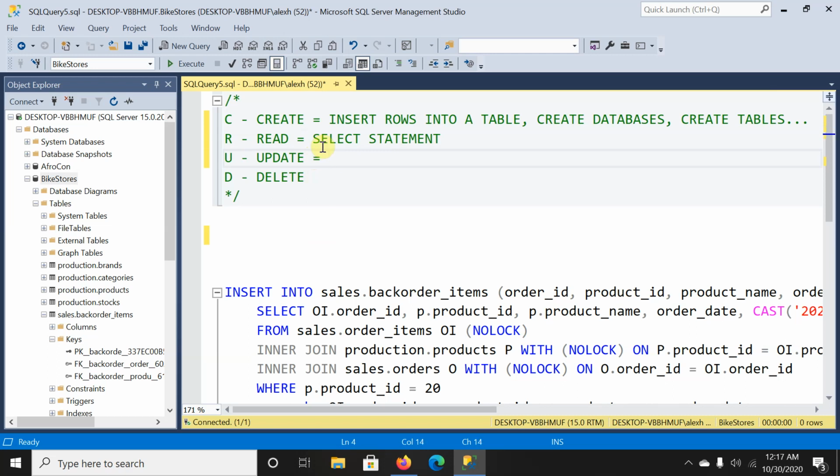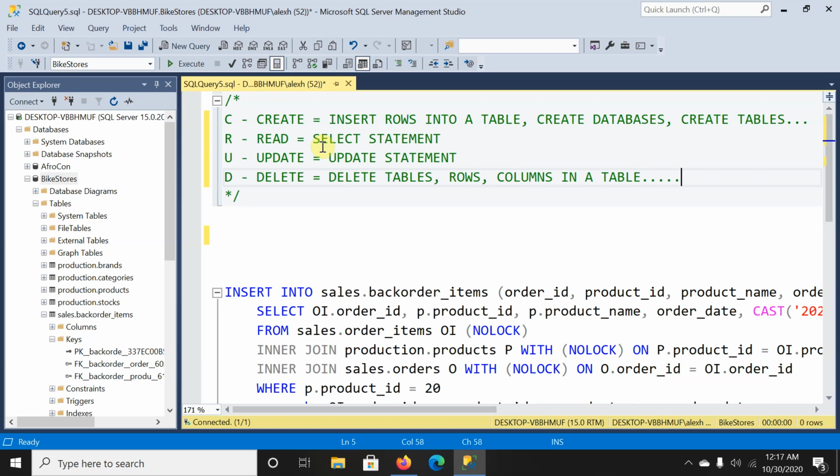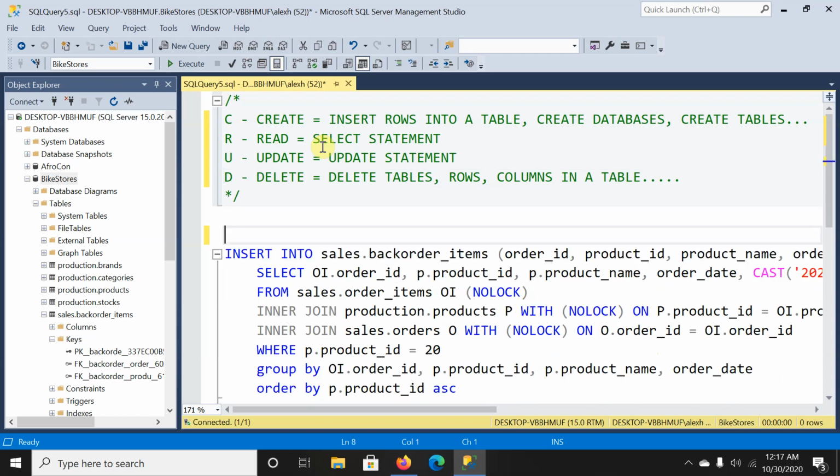Update is your update statement. That's going to take an existing row in a table and overwrite it with whatever you put in there. And then there's delete, which is straightforward. You can delete tables, rows of data, columns in a table, and so on. So the example that I gave